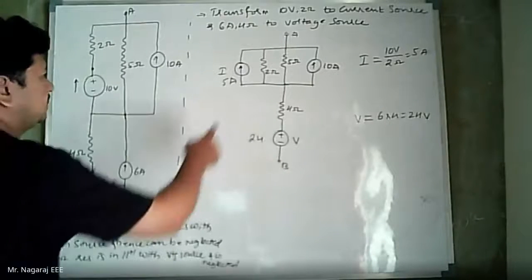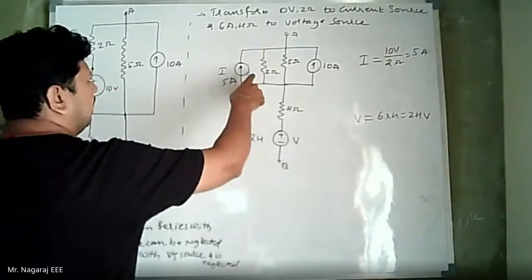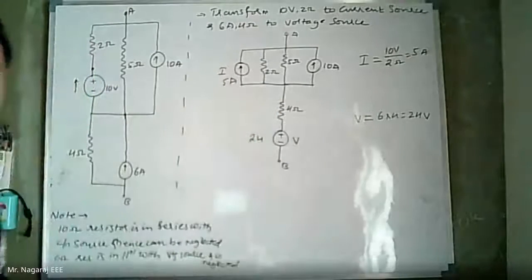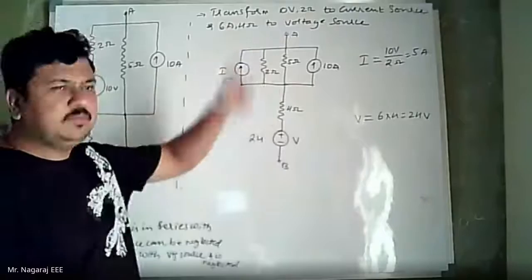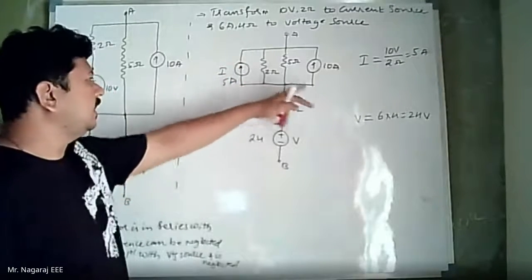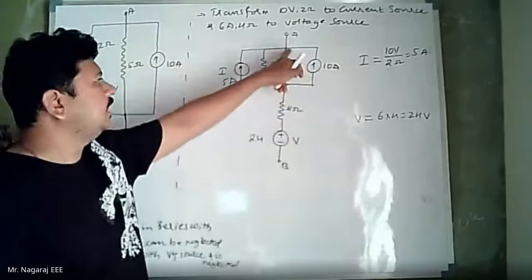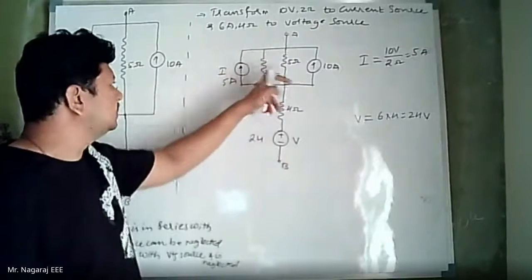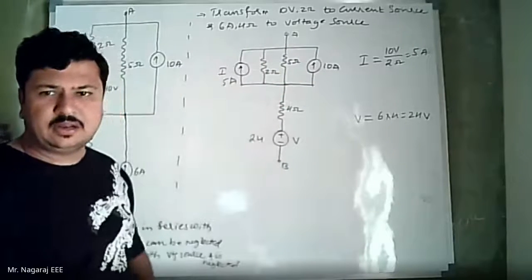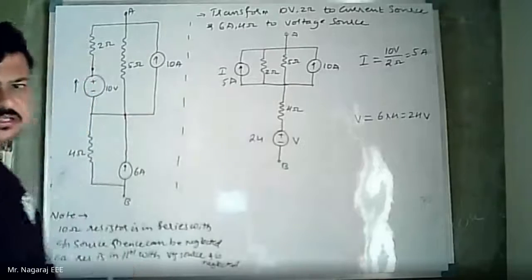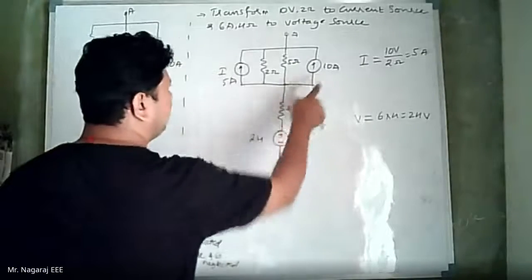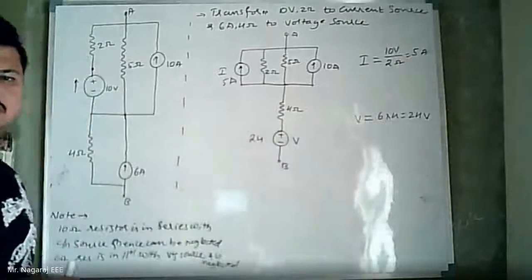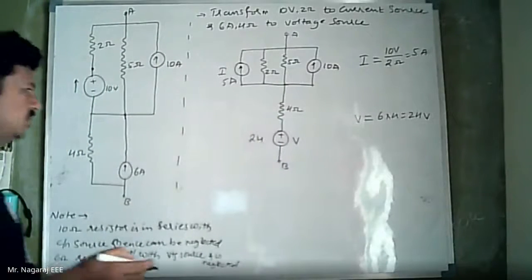Now convert this into equivalent circuit. Now I have two current sources in parallel. Depending upon the direction of the current source, I can add or subtract. Now both of the sources are in the same direction, upward. So the current will get added. 5 amps and 10 amps will get added at this node. And these two resistances, 2 and 5, are in parallel. So I will take the equivalent resistance of 2 and 5 in parallel and the equivalent current value of 5 amps and 10 amps in addition.